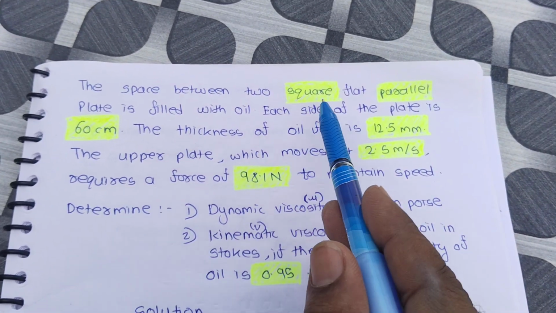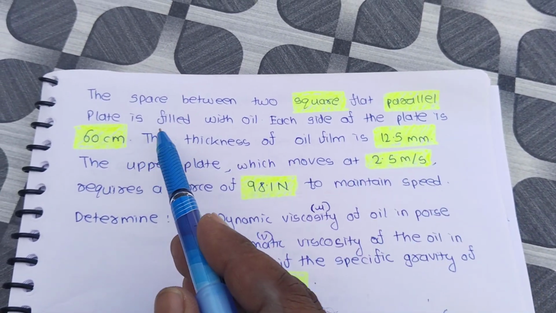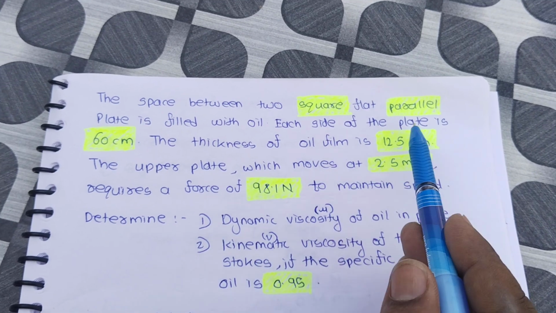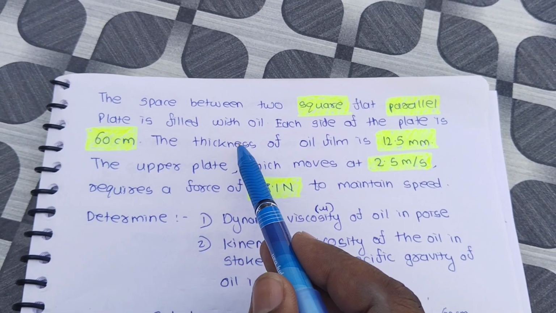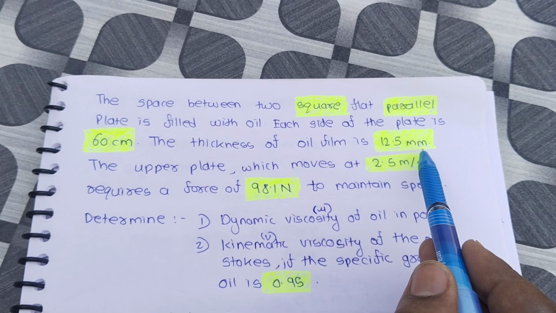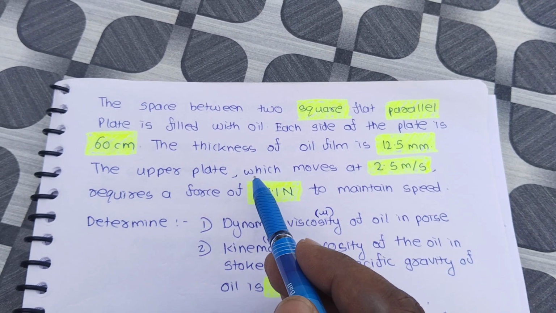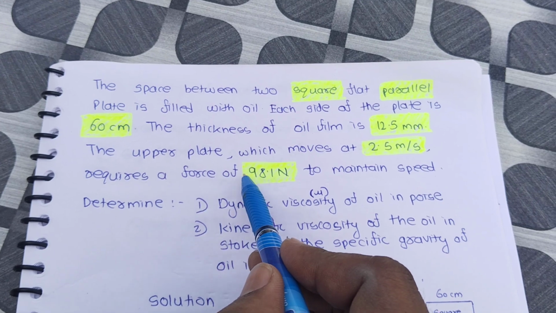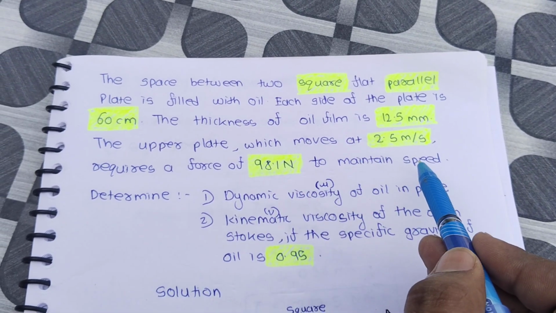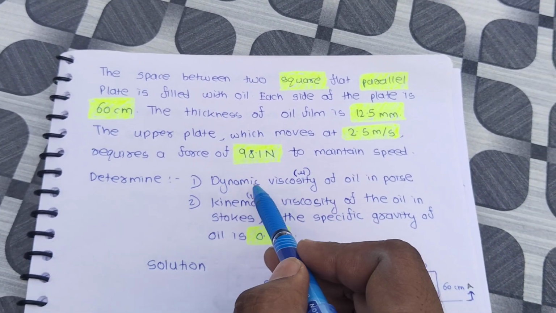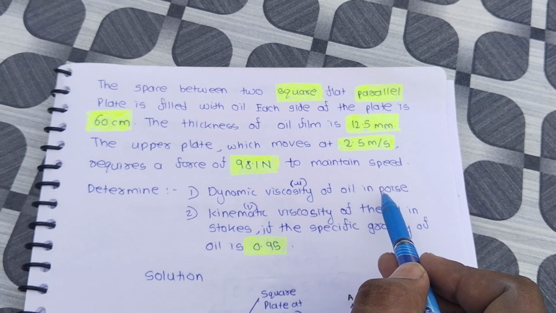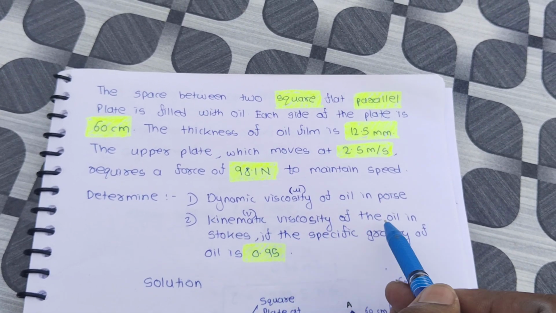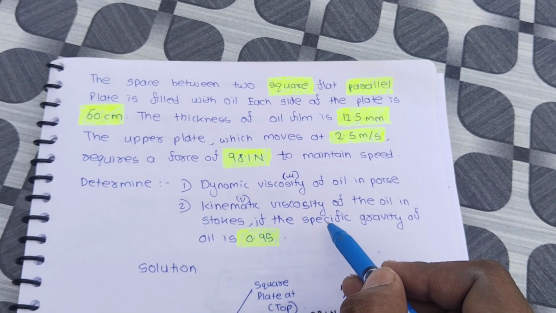The space between two square flat parallel plates is filled with oil. Each side of the plate is 60 centimeter. The thickness of the oil film is 12.5 mm. The upper plate, which moves at 2.5 meter per second, requires a force of 98.1 Newton to maintain the speed. Determine the dynamic viscosity mu of oil in poise and the kinematic viscosity of the oil in Stokes, if the specific gravity of